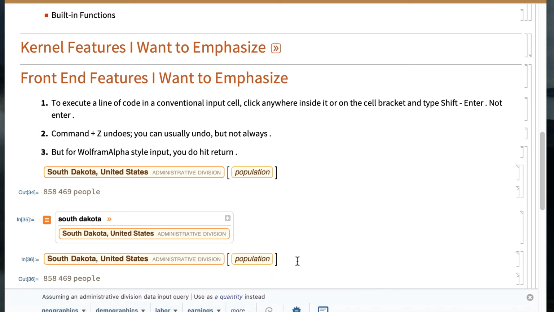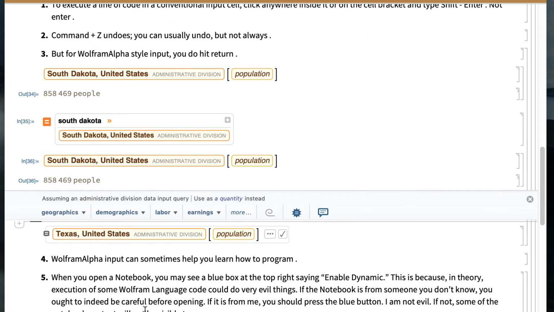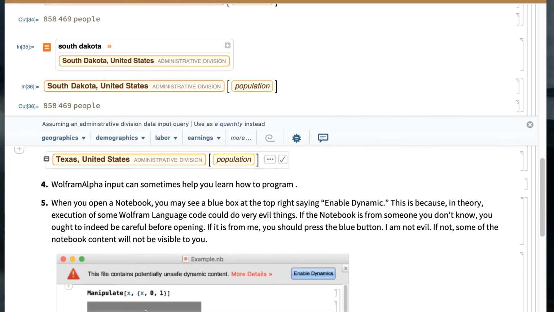There's some more to it, a lot more to it. But what I wanted to point out here is sometimes people get messed up in this. If you're using Wolfram Alpha input style, you want to use return rather than shift return. Number 4 I basically just covered, which is sometimes Wolfram Alpha input can help you learn how to program. I think, honestly, I prefer just learning it the right way in some sense, the formal way, but people have